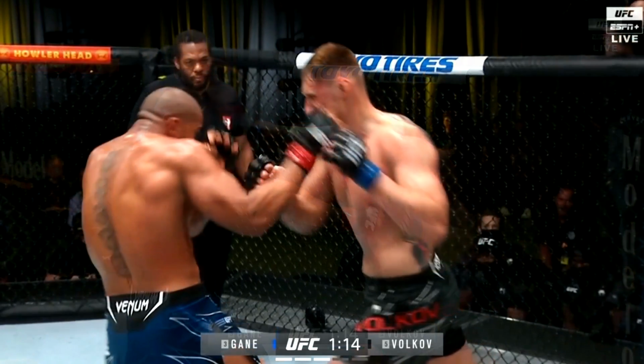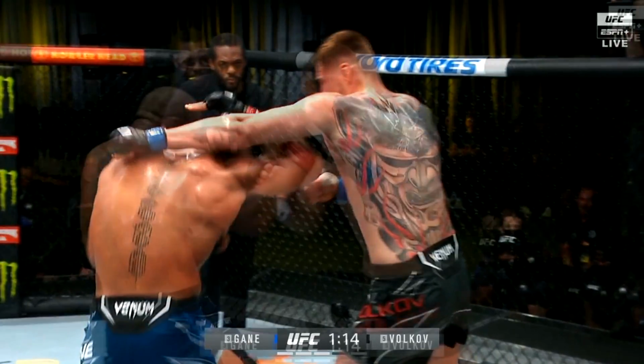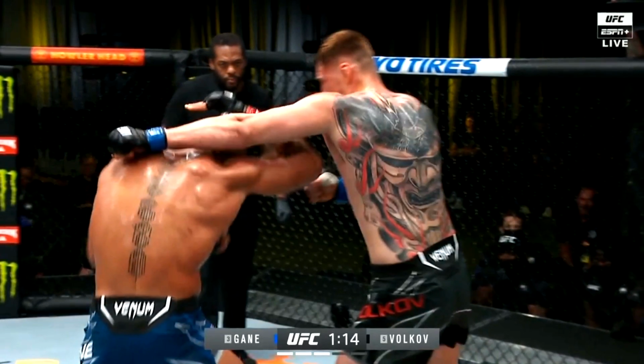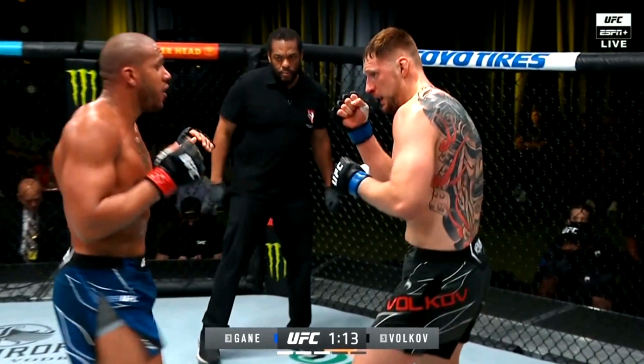And Ciryl Gane knows after the right hand that the left hand is going to try to meet him. So he puts up a high tight guard. I love that he put a tight guard instead of a loose one. And also notice how he rotates his stance to become perpendicular to Volkov, making the left hand slide by his back. He weaves under the punch and shifts backwards, expecting Volkov to continue his attack, continue his combination, and now